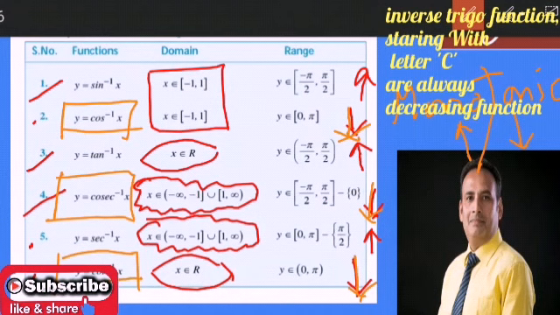So all the inverse trigonometric functions starting with the letter C will be decreasing functions, and the rest three, that is sine inverse, tan inverse, and sec inverse x, are increasing functions. Okay. Anyhow, this is the revision, and for a more detailed revision, you can check the inverse trigonometric function introduction in the last lecture, lecture number 6 perhaps. As this is the 7th lecture, let's go for some illustrations. I check the problem of functions. Okay, fine. So, let's see.